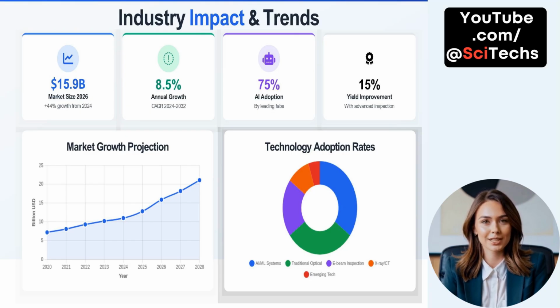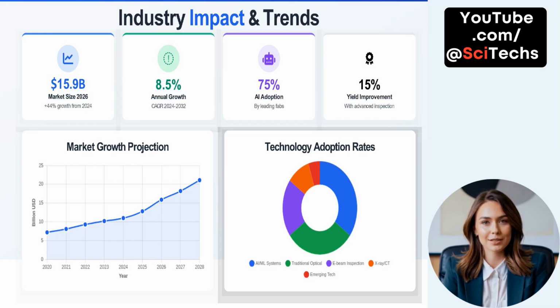Industry impact and trends. The semiconductor inspection industry is experiencing rapid and transformative growth. By 2026, the market size is projected to reach $15.9 billion, representing a 44% increase from 2024. This surge is driven by multiple converging factors, including the rising complexity of semiconductor devices and the need for higher yield. From 2024 to 2032, the industry is expected to maintain an annual growth rate of 8.5%, signaling strong momentum